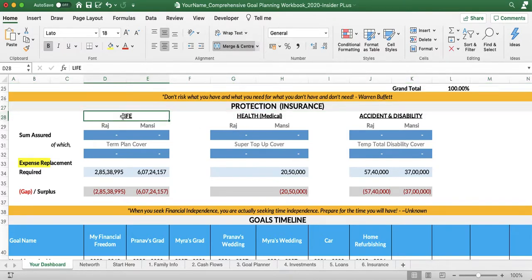And as we have maintained, and you probably already know by now, there are three key risks that we need to look after. One is the life risk, which is if something happens to you, what do your dependents do? How do you provide enough money for them? Then there is the health one, which is that if you are in a hospital, how do you take care of the bills? And finally,